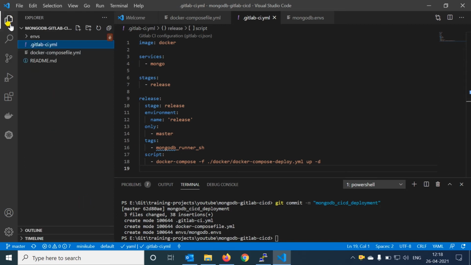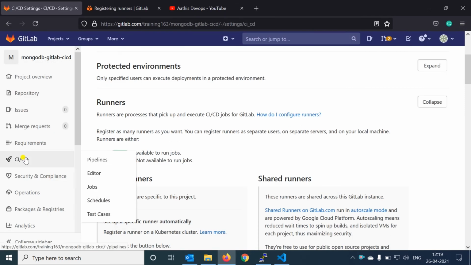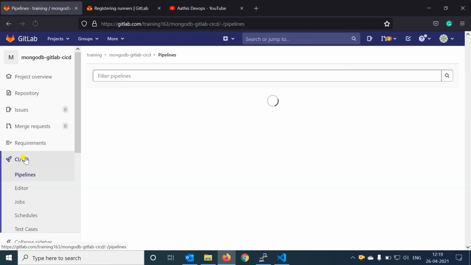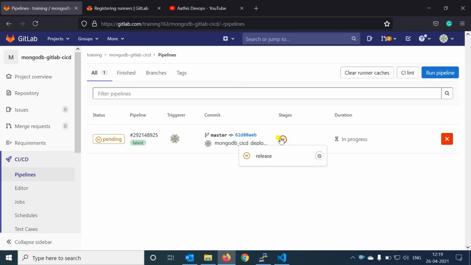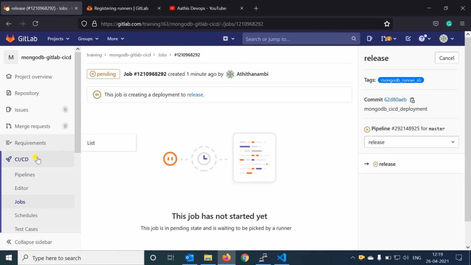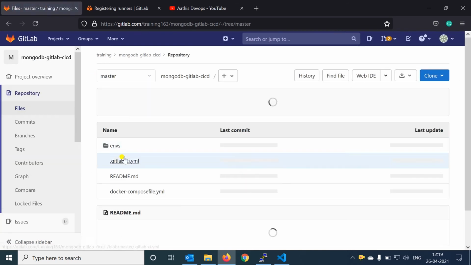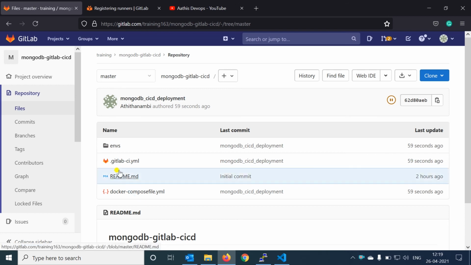So the commit was successful. Our code is pushed to the cloud repository. We can move to the cloud. Here we have CI/CD. In the CI/CD, it has still not started. My code is committed to the repository for the master branch. Now the code is available. This is the first commit, 59 seconds ago. All the required files were moved to the cloud repository.